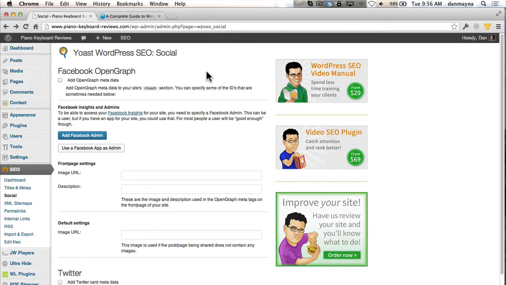Once again, we're going to look at the WordPress SEO plugin by Yoast. And in this section, we're going to talk about the social aspect of that plugin. To begin with, Facebook Open Graph is the first thing we see within the WordPress SEO plugin under the social section. Essentially, if you were to put a check mark against that in this area,